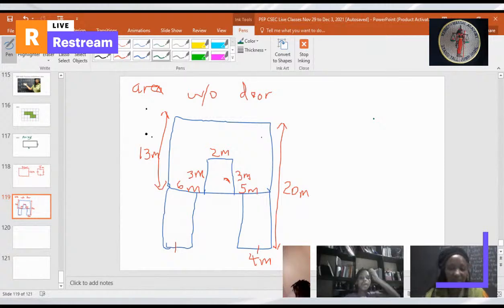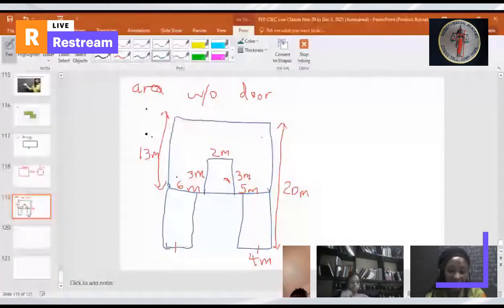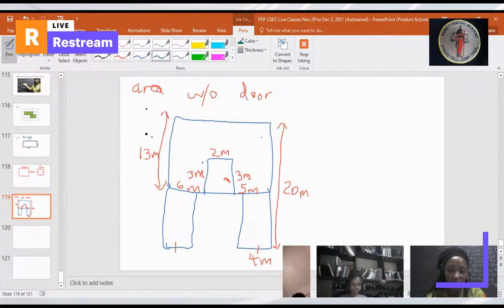Miss, I did, but I didn't expect it to include the door when I did it that way. But I realized that it did. But look, if you find 13 by 13, you include everything. That's what including the area means. Everything in here is 13 by 13, all of this. So if they want it without the door, you have to go find the area of the door, the 2 times 3,